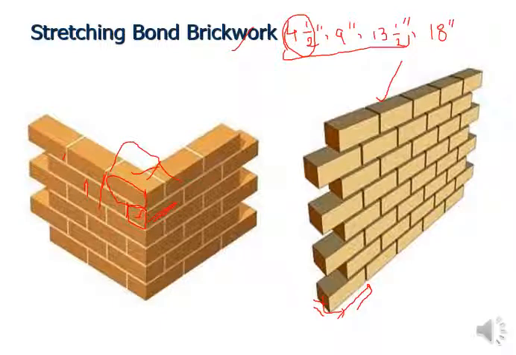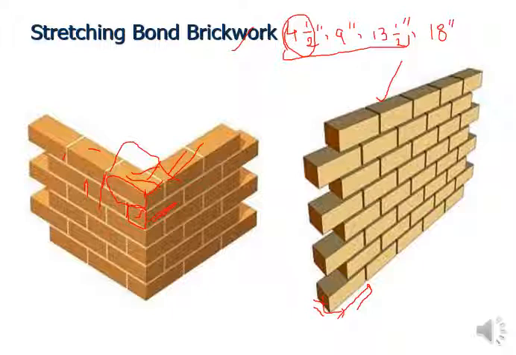Okay, so here you have a stretcher fully placed at the corner. So what you can do is, from this side, place your brick in such a way that you are continuing it along the stretcher. So this will be the 4.5 inch dimension on the other side, and it will be 9 inch here.